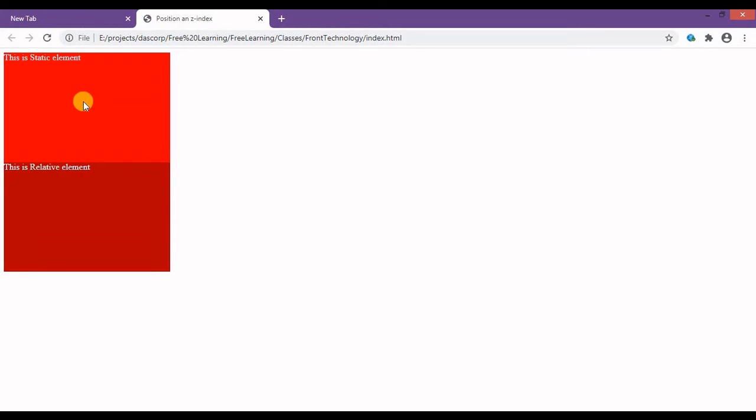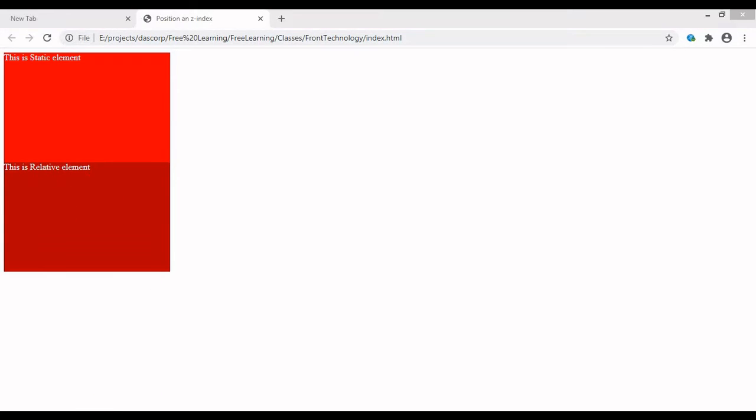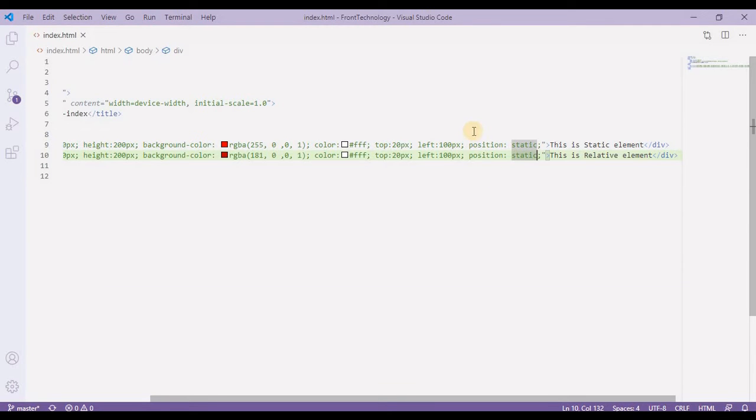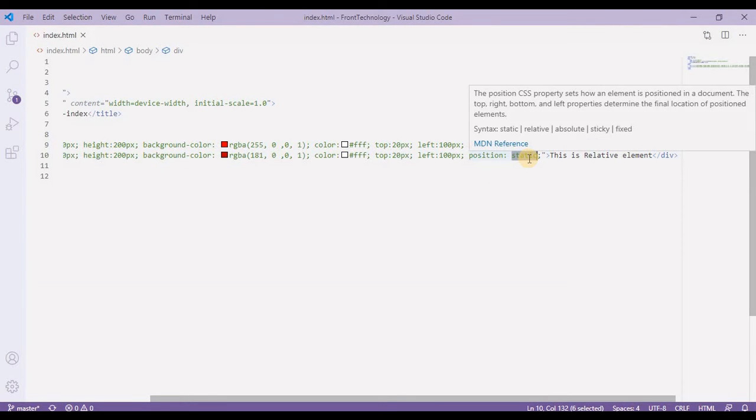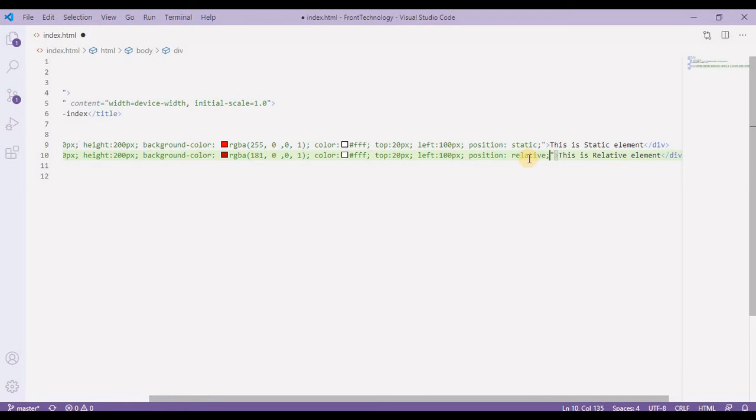Now as you can see, although I have written it is relative element, this is positioned as static, and it is coming one after another. Now if I provide the left value or top value, you will see the changes in this div. So first of all, I change this position to relative, and then I'll provide top, which is like okay, first I'll provide nothing in top, first left, which is like 200 pixel.